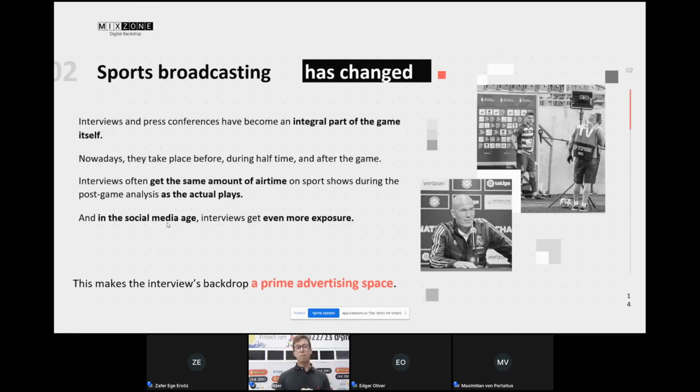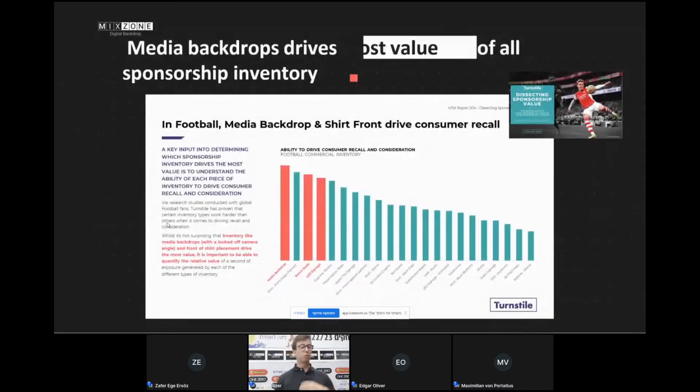So as we describe it, the interview backdrop nowadays is prime advertising space. I will take a report that we came across. I don't know if you're familiar with Style, another company that evaluates sponsorship packages.